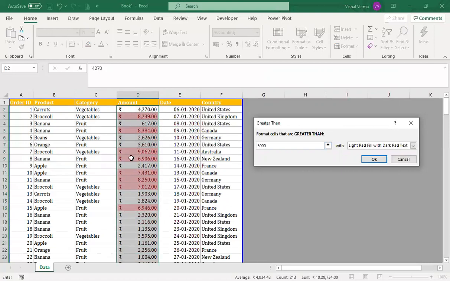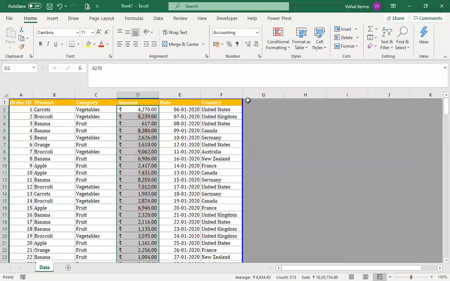So all the numbers greater than 5,000 get a light red cell color, and dark red is the text color, which you can change and customize according to our requirement. This is how we do Greater Than.